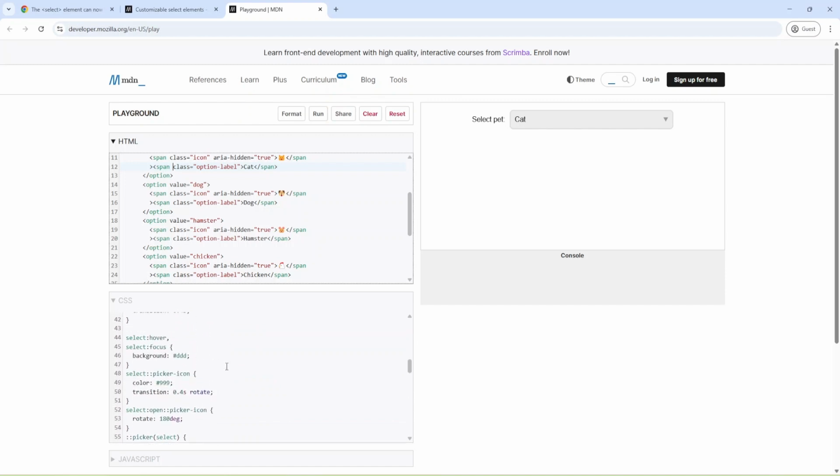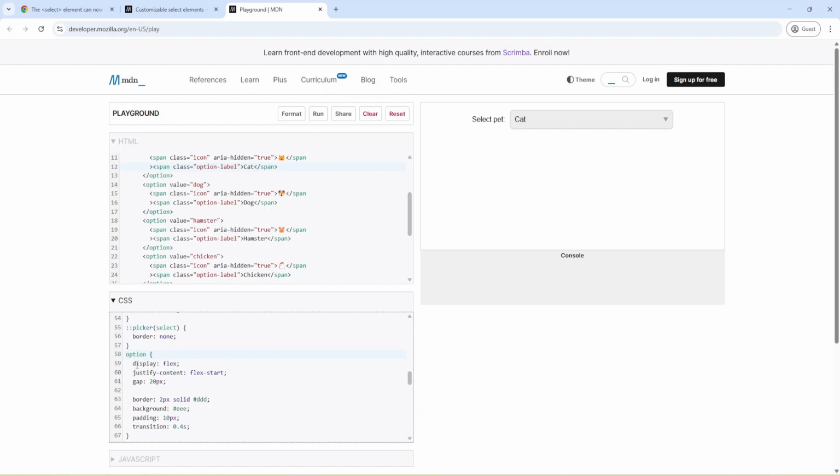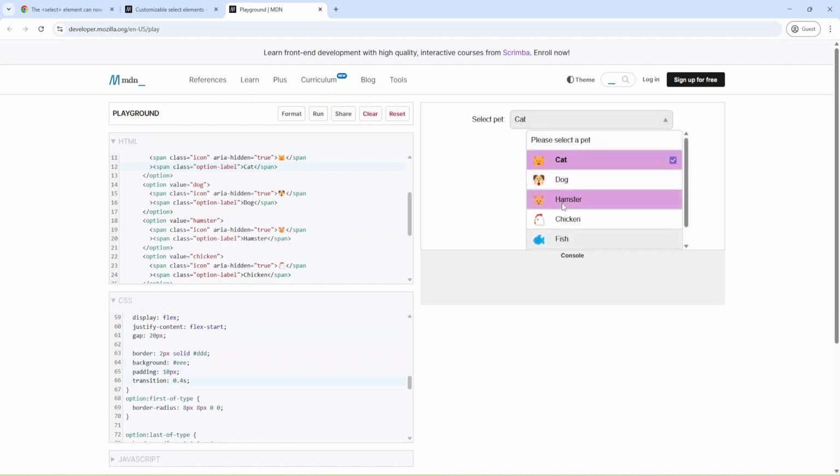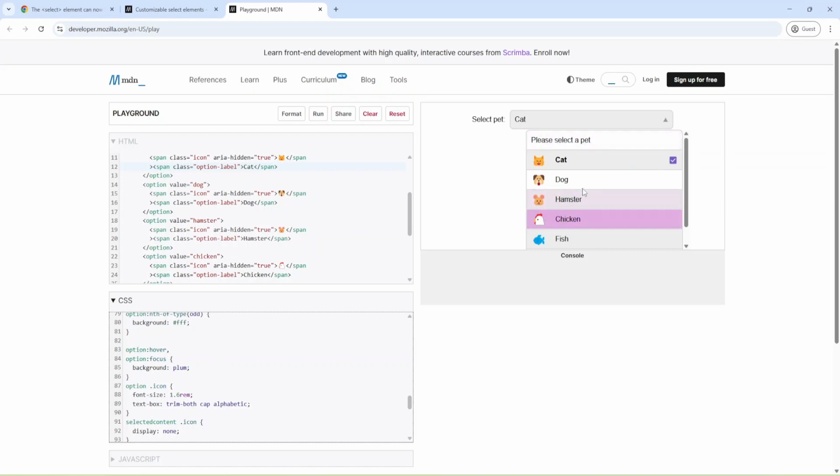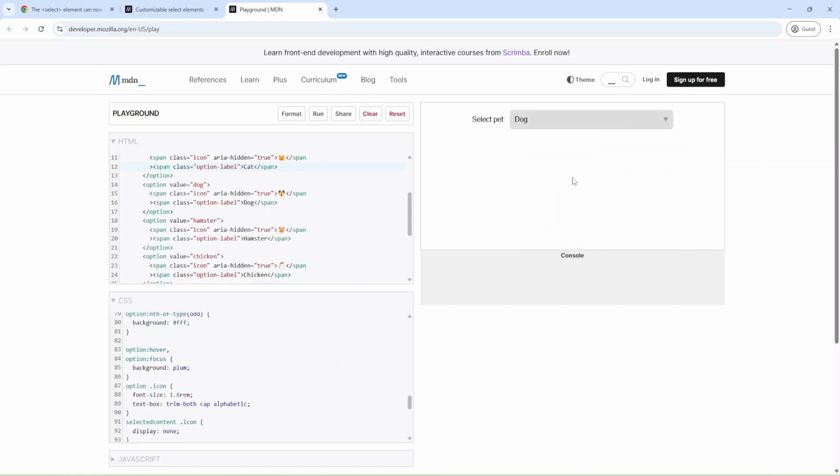Let's check what styles they have inside. As you can see, each option has display: flex, justify-content: flex-start, a gap of 20 pixels, and also some border, background, padding, and transition. The first-of-type has some border radius, and we have a plum background for the hovered and focused option.